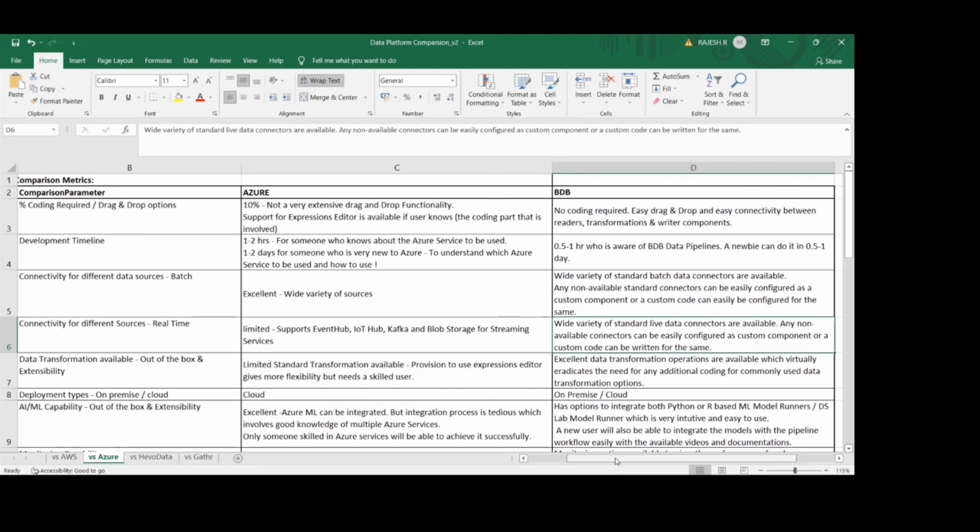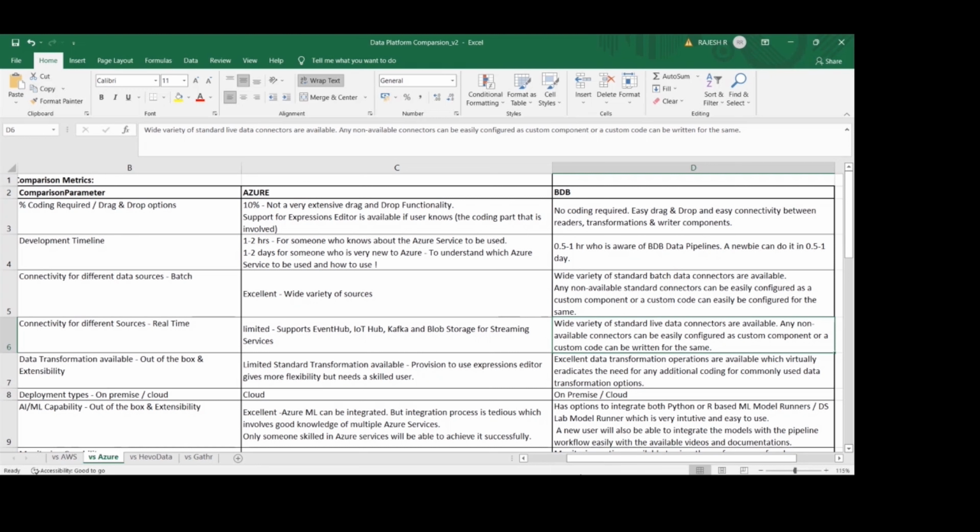That's basically next one. And then again, connectivity to different data sources. Yes, they have a good variety of sources, and it's not just limited to Azure. They have some more flexibility. They have good sources where they can connect for batch. Yeah, and here it's not like they are better than us. We have a little more flexibility. We can connect to Azure, AWS. Their services, a standard database like MySQL, MongoDB, yes, they do support. But when it comes to, say, Azure connecting from AWS, again, there is a limitation. They don't directly support it, kind of a thing. But we don't have that. We connect to Azure, we connect to AWS without any such